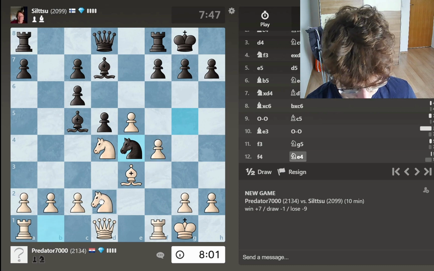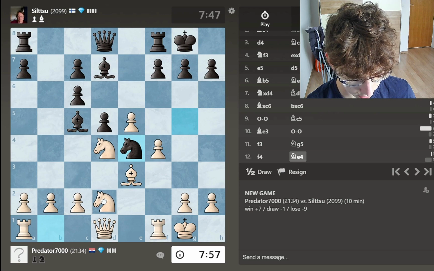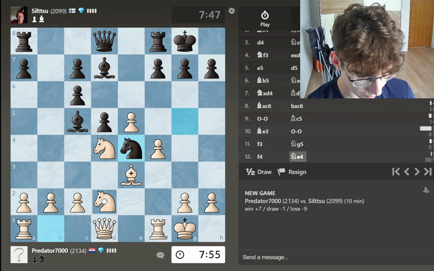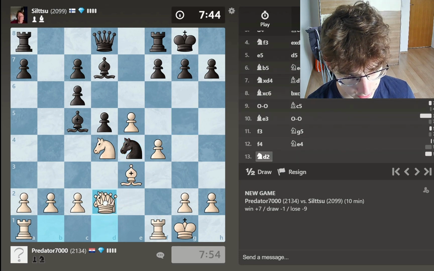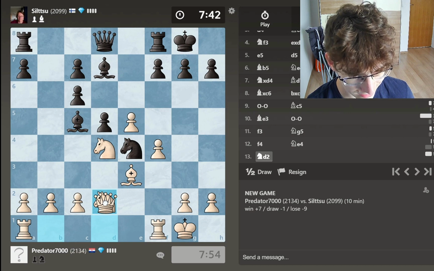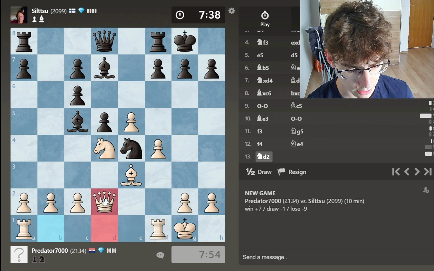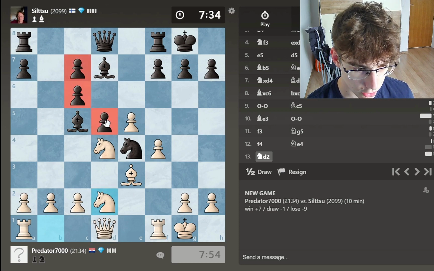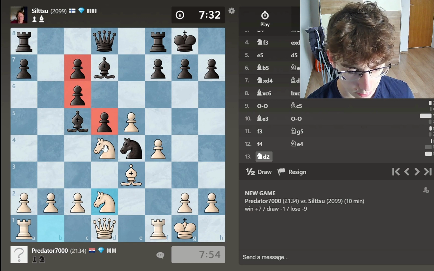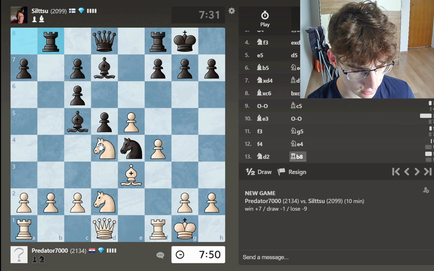Okay, now I think it's knight to d2, if I'm not blundering anything, and I don't think I am. So yeah, now it's knight to d2. And if he trades, then the position is pretty decent. I'll show you what ideas white has. So basically, you see this pawn structure? He does have a center, but it's kind of blocked. And my idea is